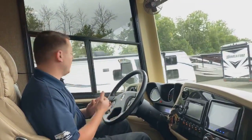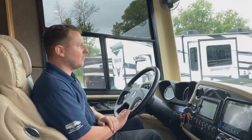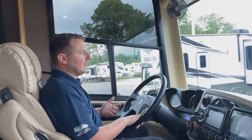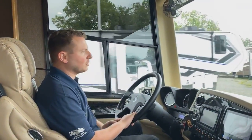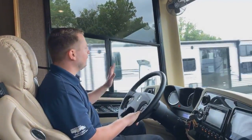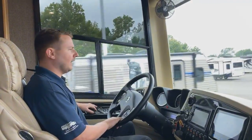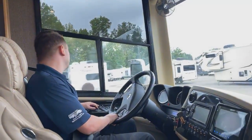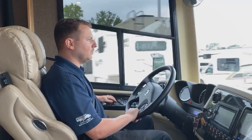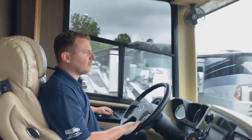Most people that use it will keep it engaged when going through mountainous areas or highways for unexpected quick braking. It can definitely help if you're towing a trailer and have some extra weight behind you. You can engage it, and it's as simple as flipping a switch. On this particular model, it's off to my left here. Again, we'll show the difference in braking. I don't know if you'll be able to see it too well in video, but